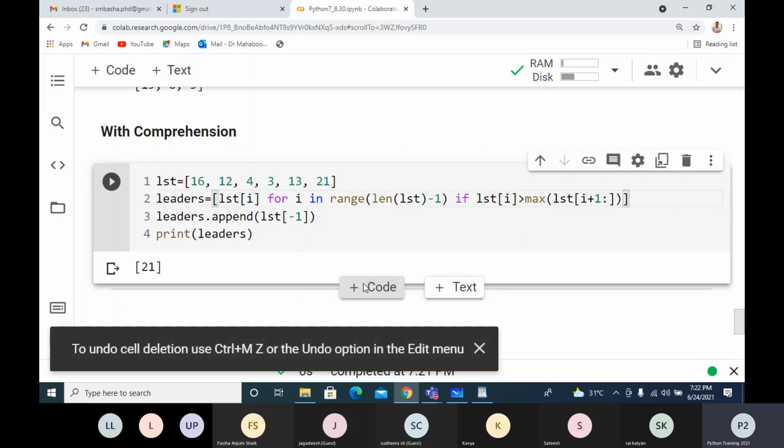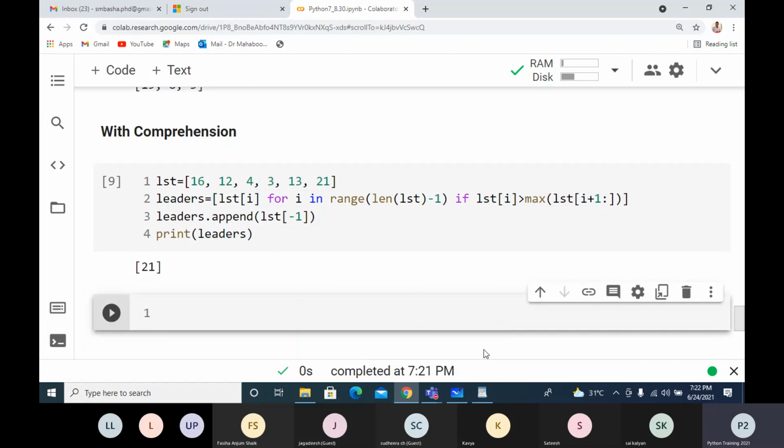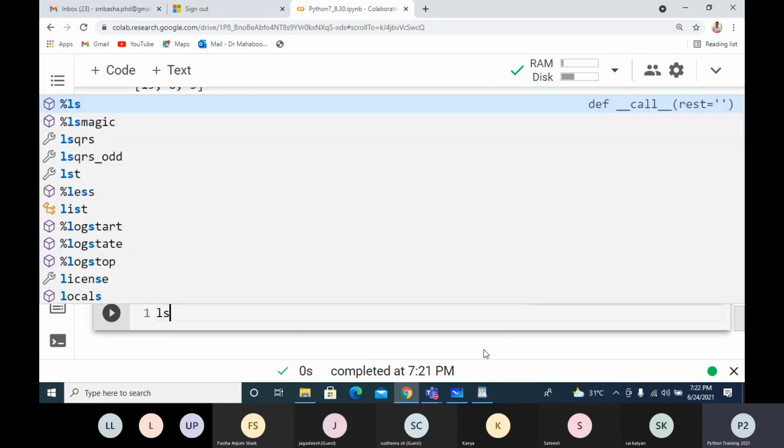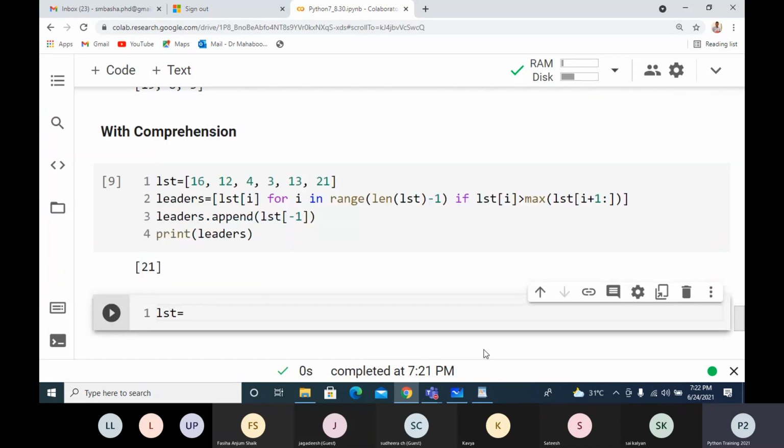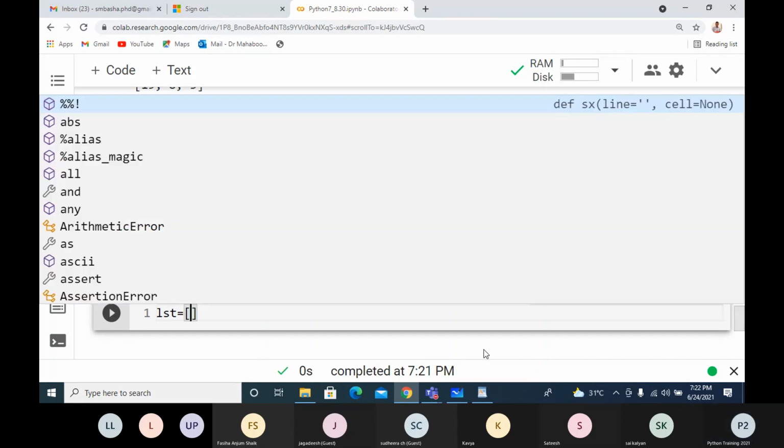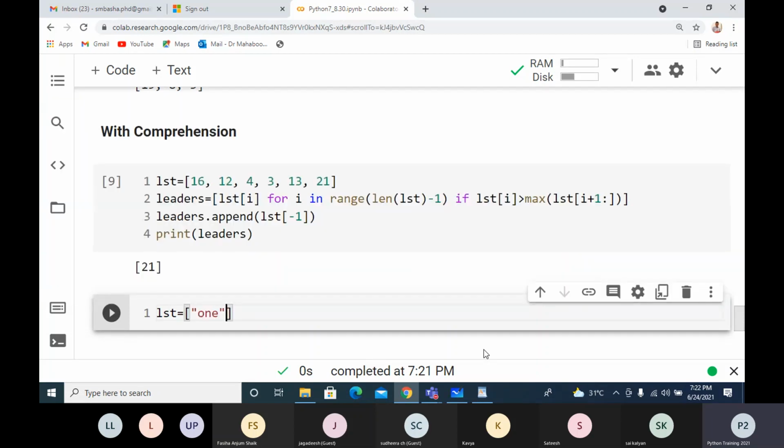Now I'll take one more example here. I'll take some strings in LST, like 1, 2, 3, 4, 5, 6, 7.